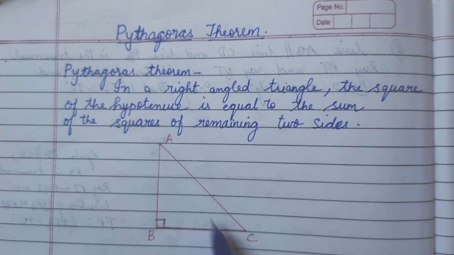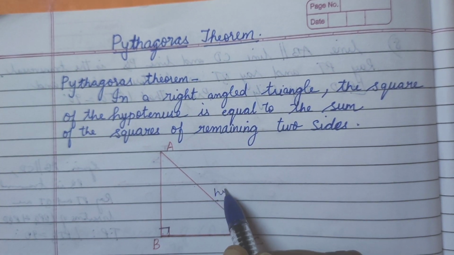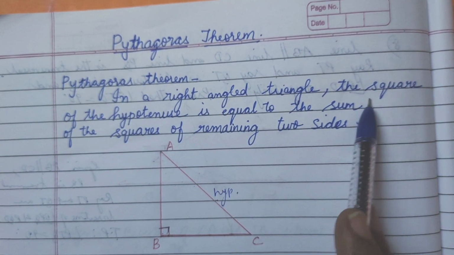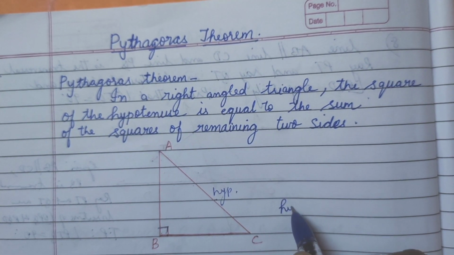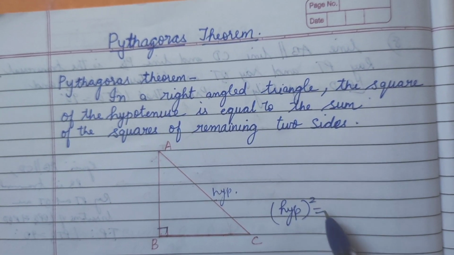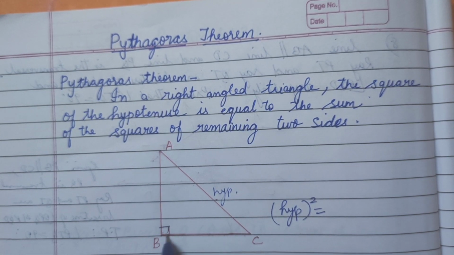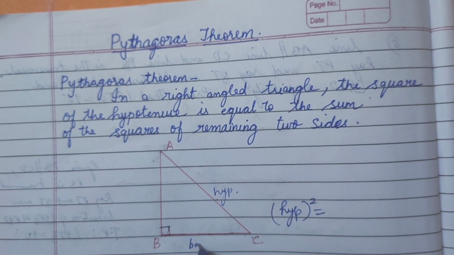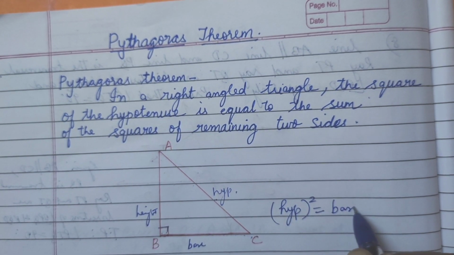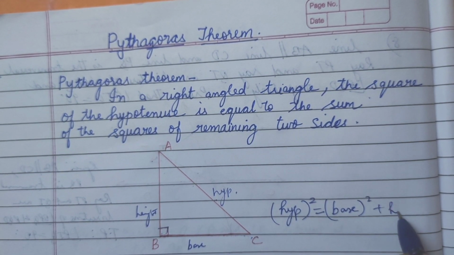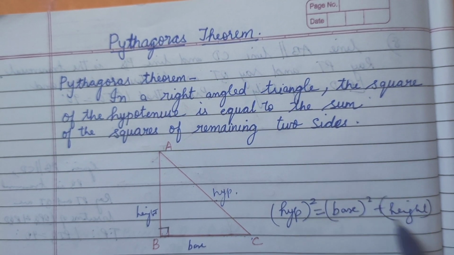90 डिग्री का कौन सा साइड ऑपोजिट साइड है, इसको बोलते हैं हाइपोटेन्यूज, राइट? सो दे सेड द स्क्वायर ऑफ द हाइपोटेन्यूज, दैट मीन्स हाइपोटेन्यूज स्क्वायर equal to, what does this say? We say base square. This is said to be a base and this is said to be a height. The formula is what? Base square plus height square, right?